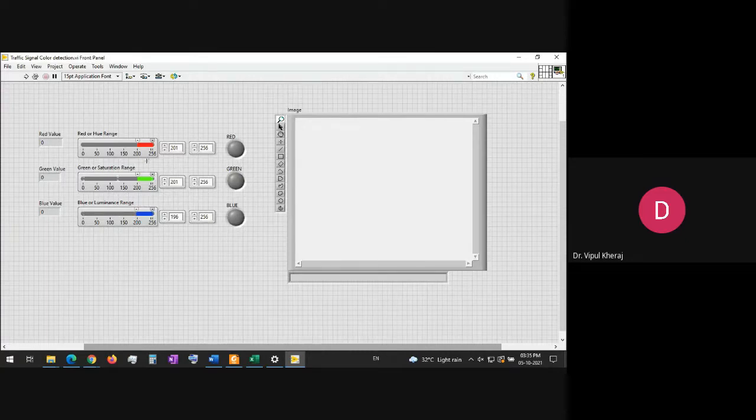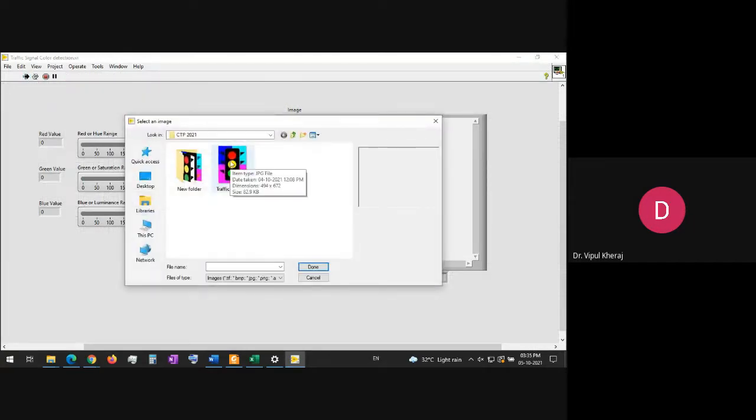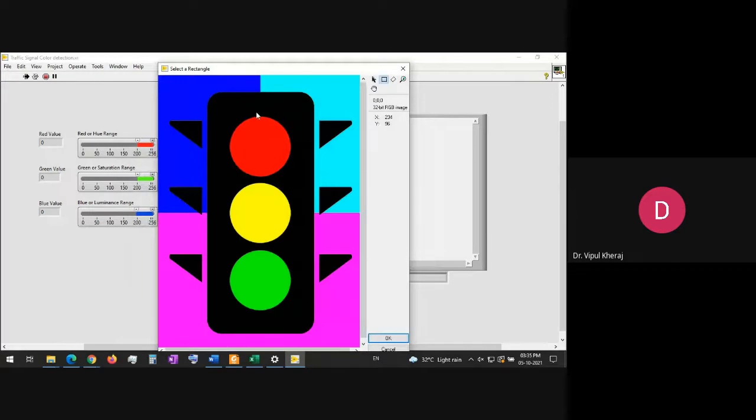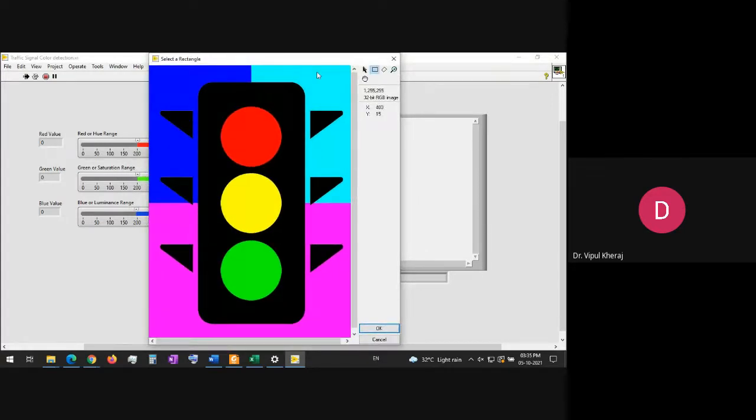Now, all it will do is we can pick an image. For example, this is a traffic signal. Suppose you are making an application where you have a traffic signal, and you want to do the image processing and find out whether the signal was red or not. Suppose nowadays challans come to the house, so at the time when the signal was crossed, the light was red or green or yellow. If you want to find it out, you can have those images, and simply do the color processing or pixel processing.